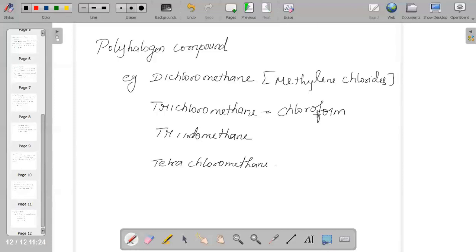So this is what we have, concepts based on haloalkanes and haloarenes. I repeat, the most important part of your chapter is your SN1 reaction, SN2 reaction, and the two types of elimination reaction, that is E1 and E2. So do focus on it, and based on our analysis, let us try taking a test.